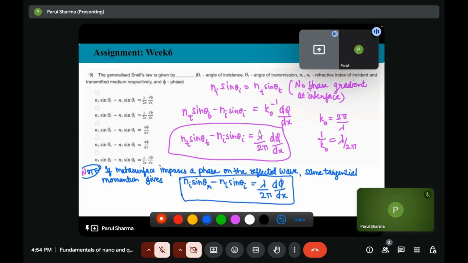Here we have taken the assumption that the metasurface is locally periodic and hence